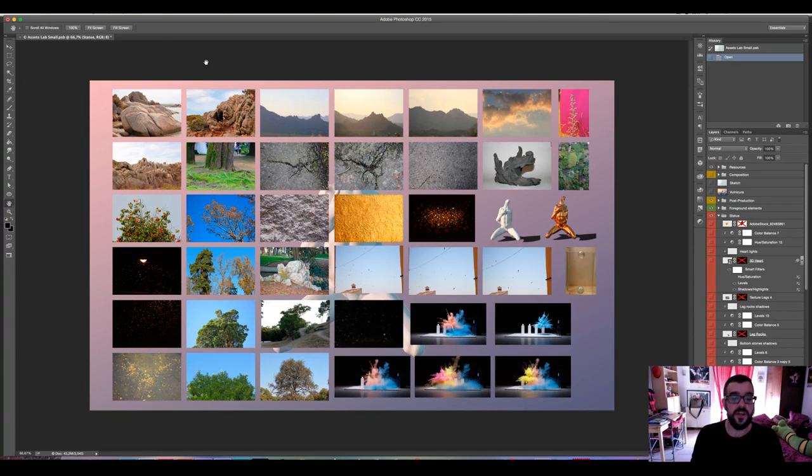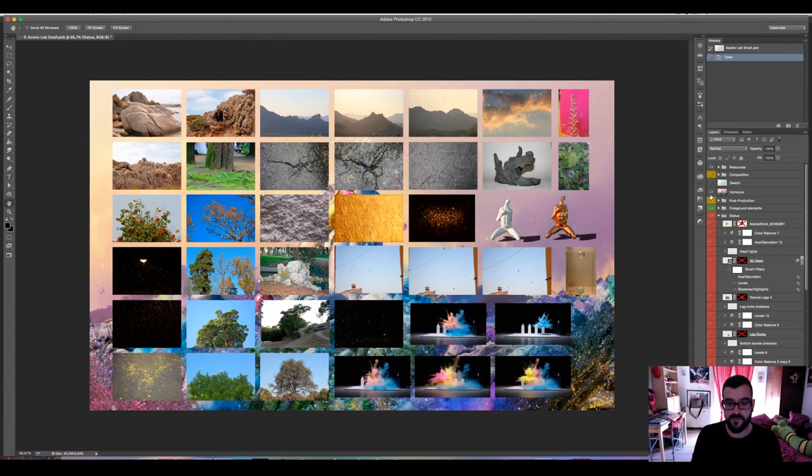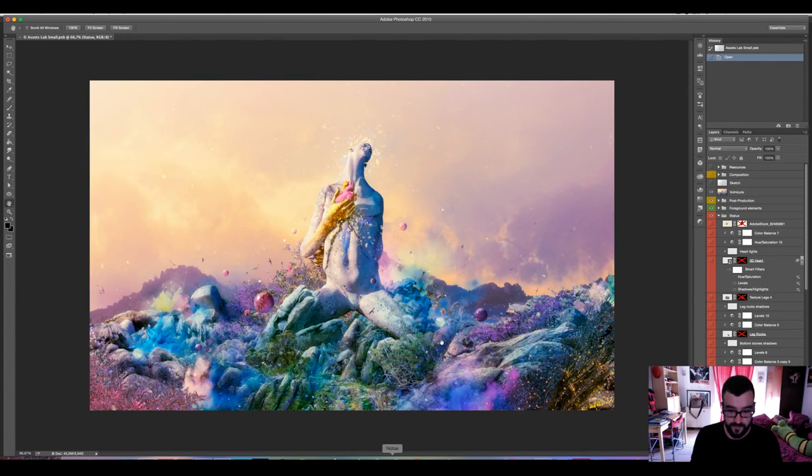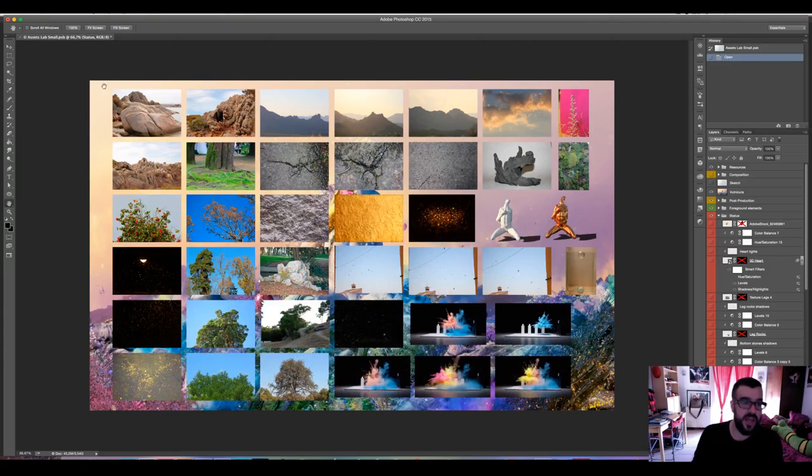Why? Because, for example, in this illustration, all of these photos you can see here were shot in the same time frame and in the same place. So they all have the same lighting direction, the same sharpening, and so on and so on. These were shot during what we call the golden hour in photography, which is meant to be the best time of the day to make photography. It appears at dawn and sunset, and it's where the light is softer.